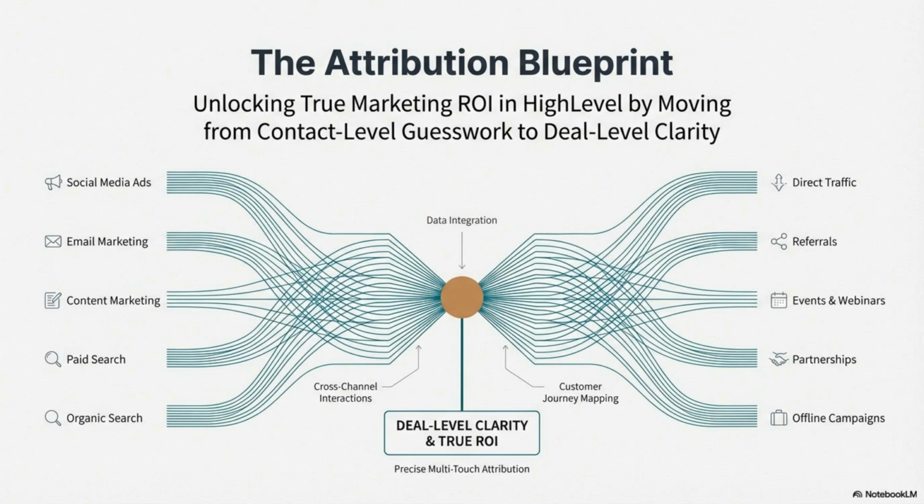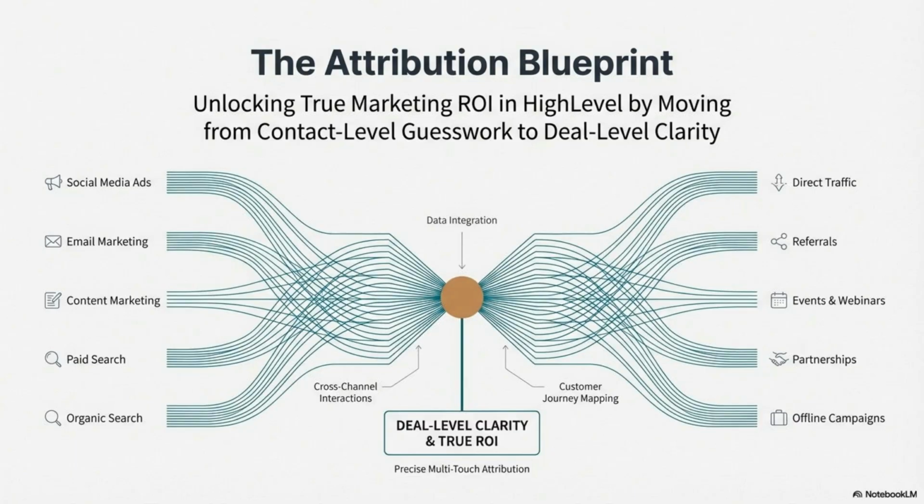In this training, I'm going to show you how to unlock true marketing ROI inside HighLevel by shifting from contact-level guesswork to deal-level clarity. Right now, your traffic comes from everywhere: social ads, email marketing, content marketing, paid search, organic search, referrals, partnerships, events, and more. But without clean attribution, all of those channels blend together. Our goal is to unify these touchpoints into a clear data stream that gives you one thing: deal-level clarity